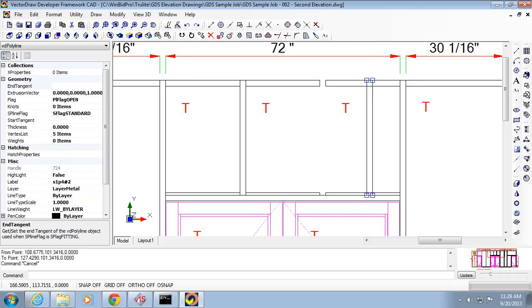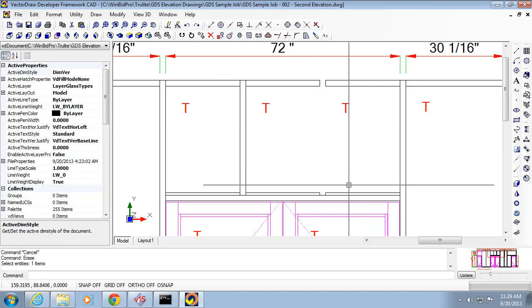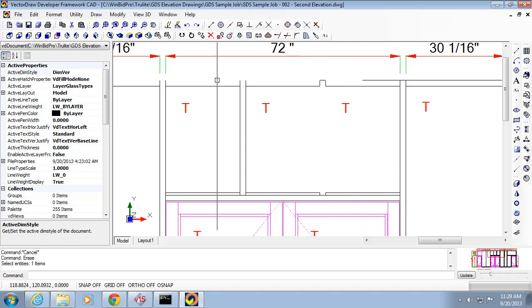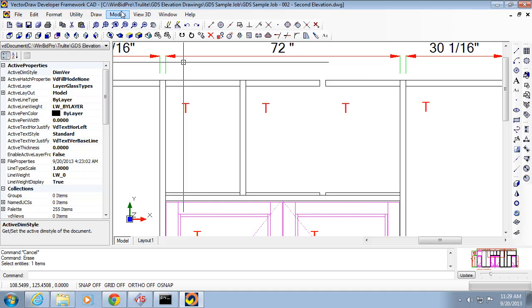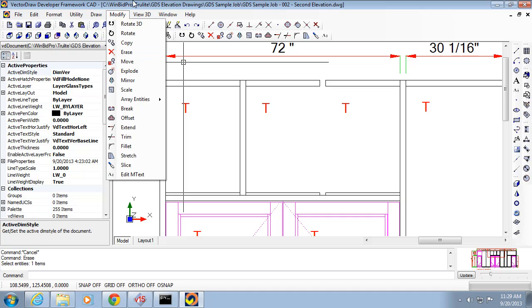So now I can actually click something like I did in the beginning and delete it. That's basically all I know that you can do easily by just clicking and deleting. But you can go back to modify and hit move again, and there's obviously all these other options. So I'll do another few videos